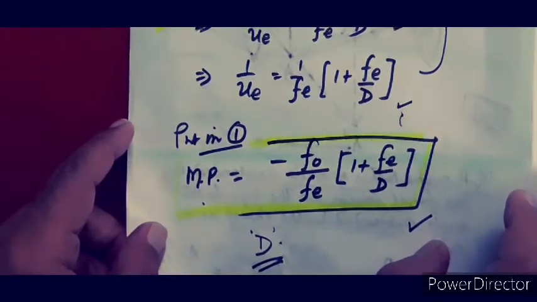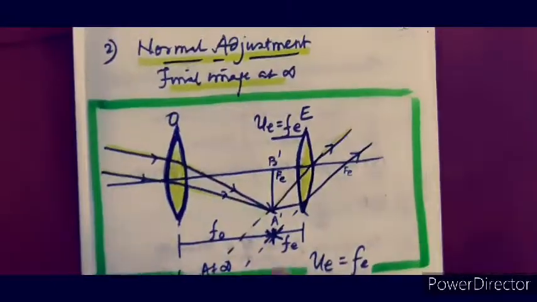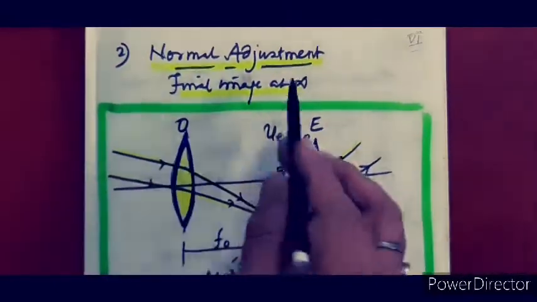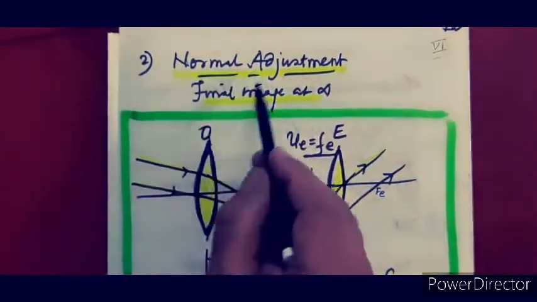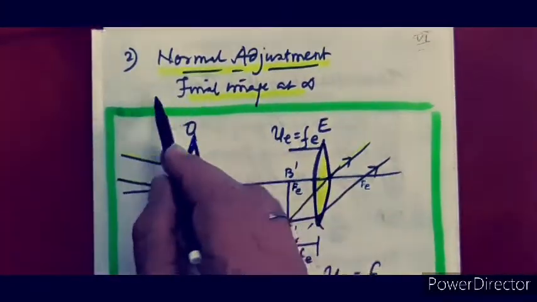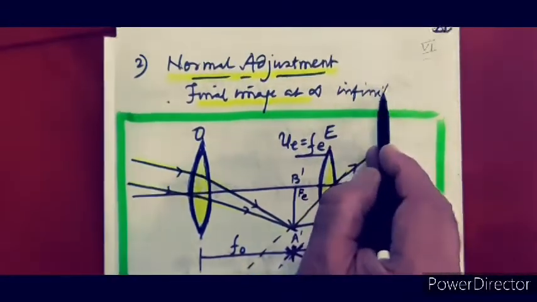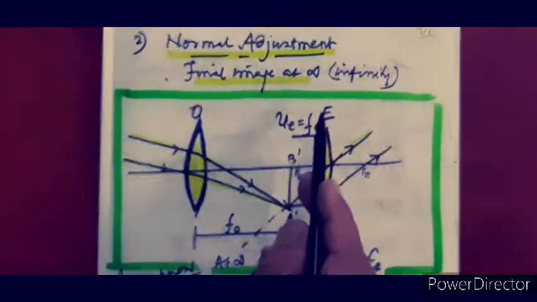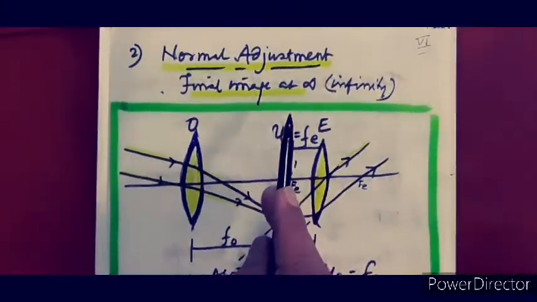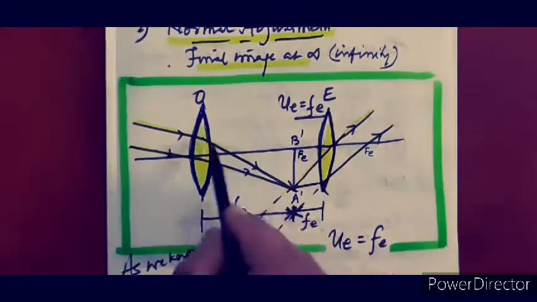Now comes to the second case, normal vision or normal adjustment. Second case is a normal adjustment for the same astronomical telescope. Normal adjustment, which we have discussed, final image is at infinity. फाइनल इमेज कहाँ बन रहा है? इन्फिनिटी. तो इन्फिनिटी पर इमेज कब बनेगा? अगर ऑब्जेक्ट फोकस पर होगा. तो हियर ऑल्सो द टू कन्वेक्स लेंसेज,